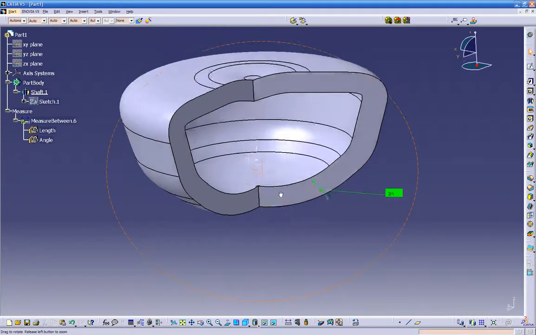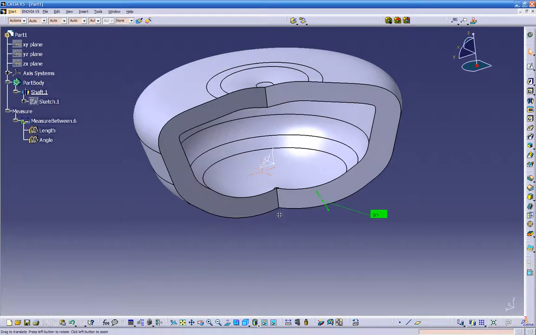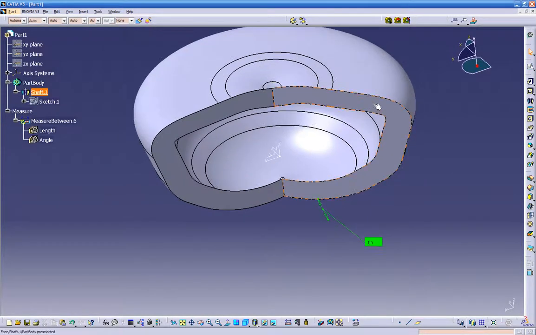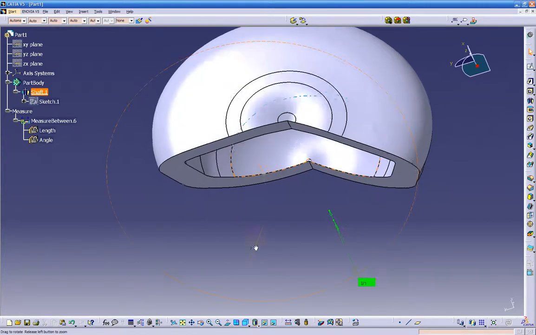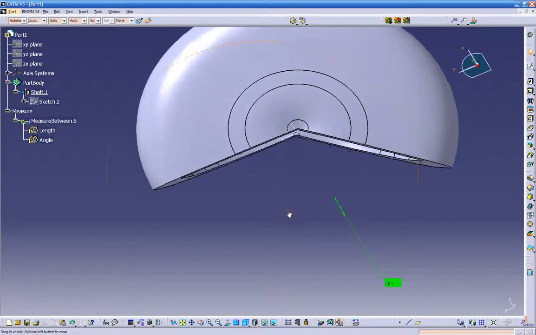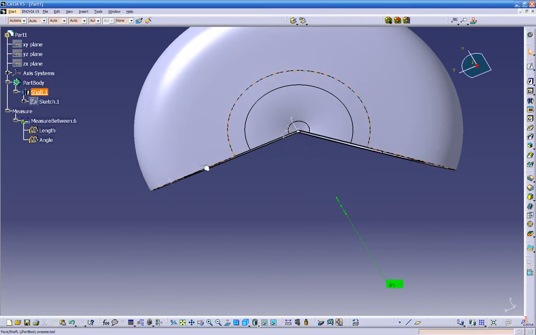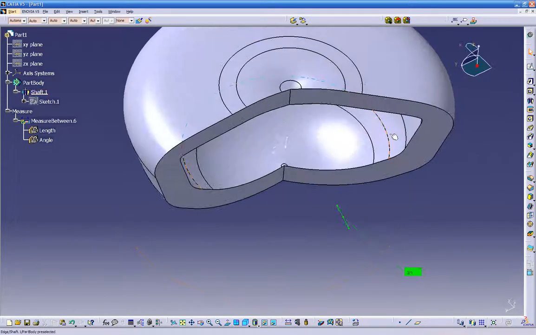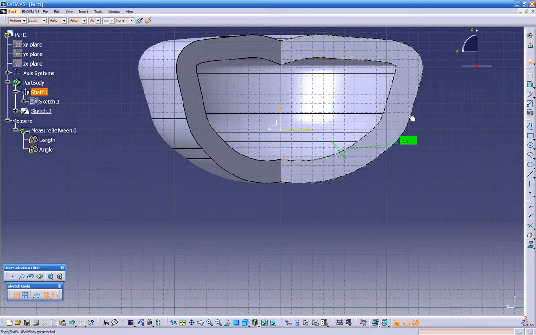Okay, so now we have a weird angle. If you want to create a groove onto this part right here, we cannot go onto those axes. Actually we can, because this plane right here is parallel with this. But if you want to build a sketch on this surface right here, instead of clicking on the plane, we can build a sketch on this surface. So click on the sketch, click on the surface,